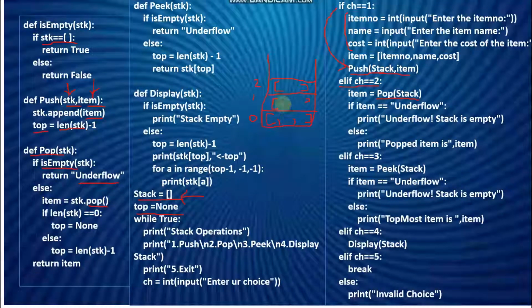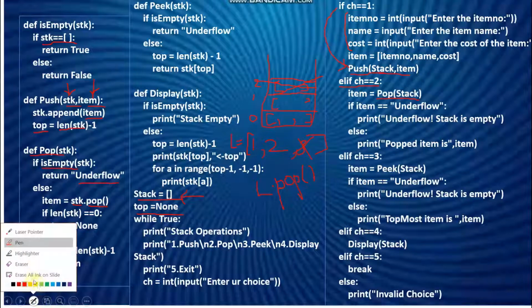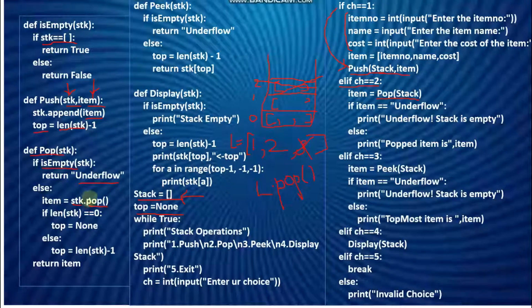So what is this pop operation going to do? Pop in a list, when I'm accessing the pop operation, is going to delete the element which was added at the last. The finally added element is going to get removed. For example, if these are the elements available in the list, if I'm making use of l.pop, it is going to delete my element which is 3 from the stack. The element 3 is going to get deleted. The pop function itself is going to do the job of deleting the last element from the stack.